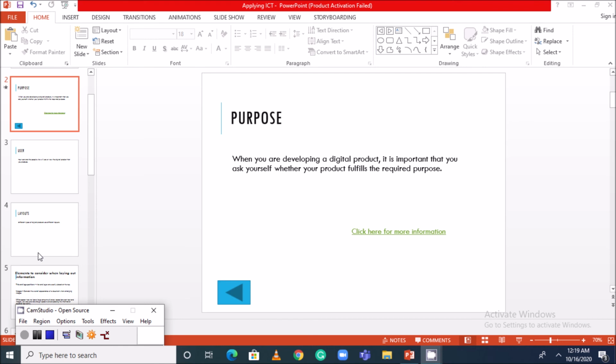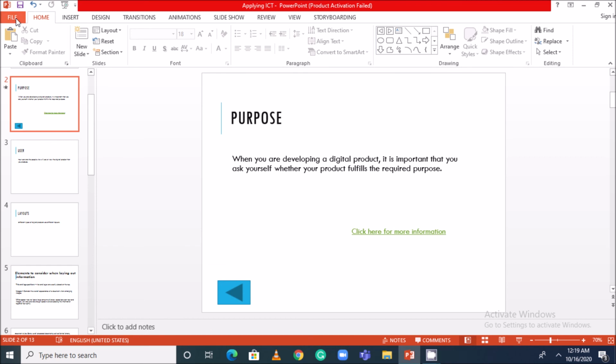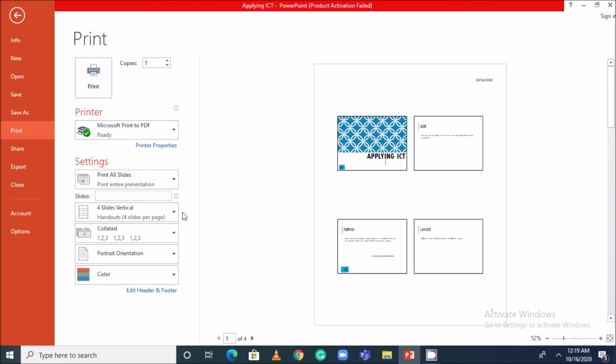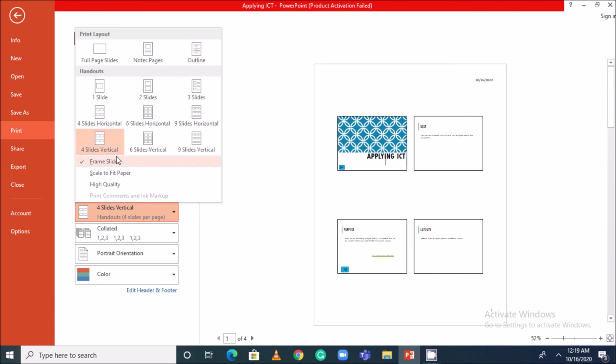So this can help your audience to follow your presentation more easily and allow them to take notes on the slides. To see the handout view, you have to click on File, click Print. Here you can select the number of slides per page. Whether it's 4 slides, 6 slides, 9 slides or 2 slides, right? Or with the notes page you need slides, you can click.